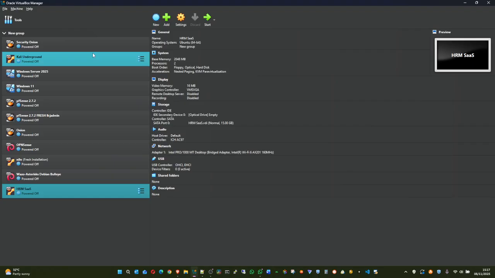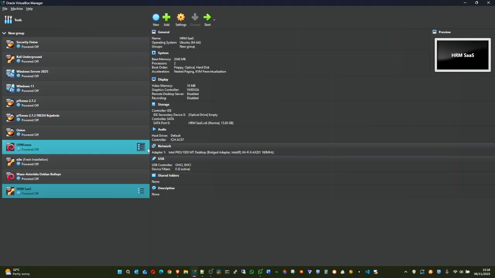Yours may show a white screen, but because I'm using a dark theme, that is why we are seeing it black this way. But yours is likely going to be white. It depends on the theme that you use on your computer. So the very first thing, having installed VirtualBox, it will have a blank screen.